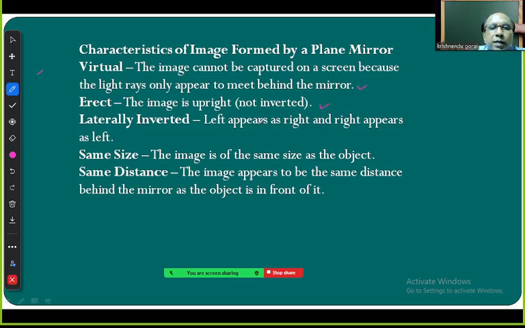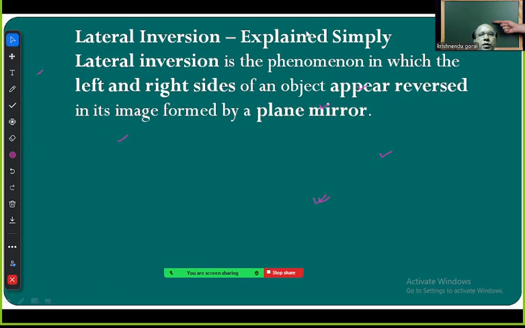Laterally inverted: left appears right and right appears left. I already told you, right? Same size: the image is of the same size as the object, and same distance. The image appears to be at the same distance behind the mirror as the object in front of it. These are the characteristic properties of a plane mirror. And next, what we get, let us see. Next one is lateral inversion. Explained simply, lateral inversion is the phenomenon in which the left and right sides of an